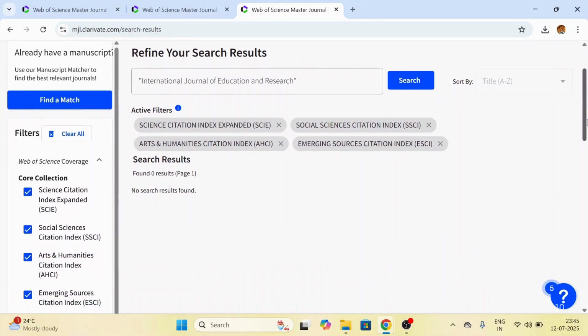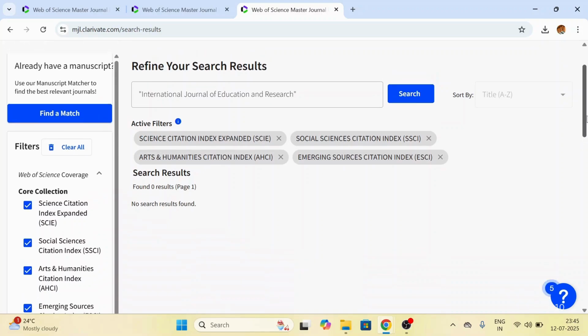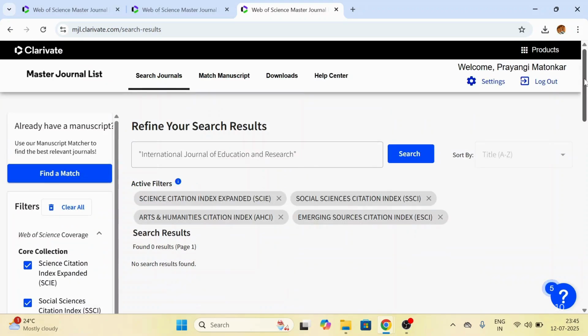This result shows that it is not indexed in Web of Science, despite some emails claiming otherwise. So it is always good to double check claims made by a publisher or any email. The Master Journal List is an official source